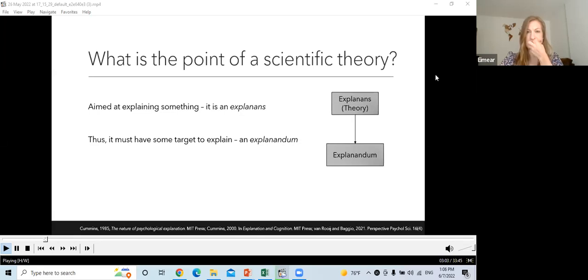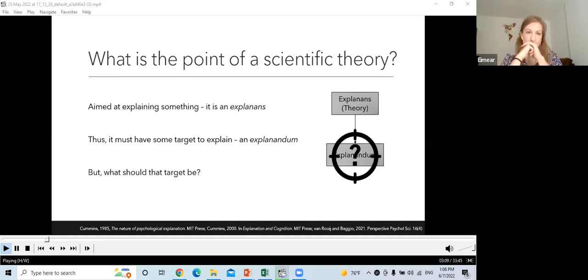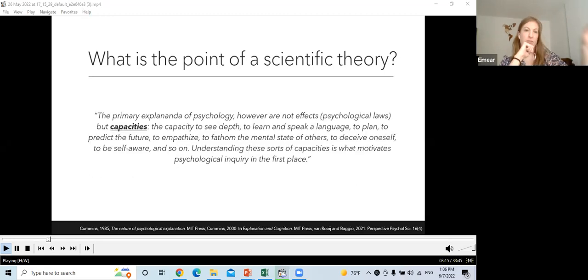But there's a lot of discussion and debate as to what that target actually should be. Should it be effects or something else? Well, one of the things that I like is the suggestion by Cummings, and you'll note what I'm going to do throughout the talk is touch on or lean on literature from psychology, cognitive psychology, computational psychology, and also pharmaceutical development, and try and borrow some learnings from those that I think might be useful for us. But all of the things I'm going to present, although they're presented from the context of psychology, they are easily, with just a little bit of thought, portable over to the types of research and science that we do.